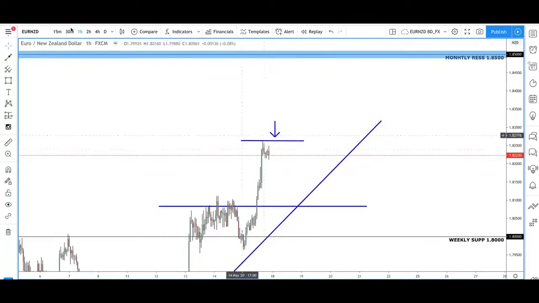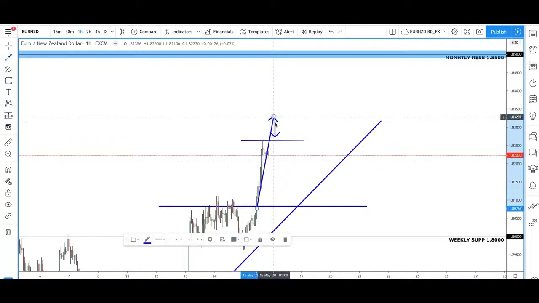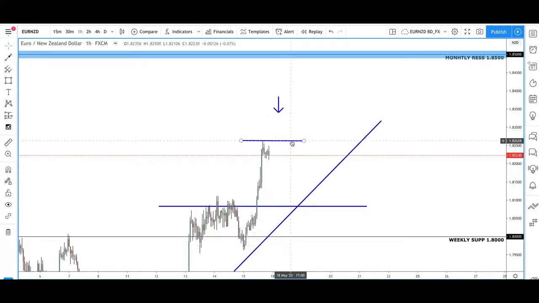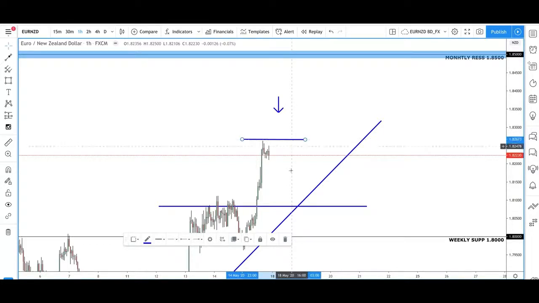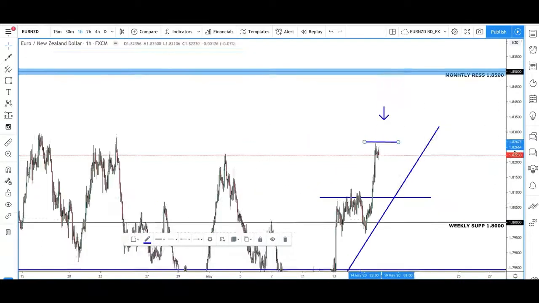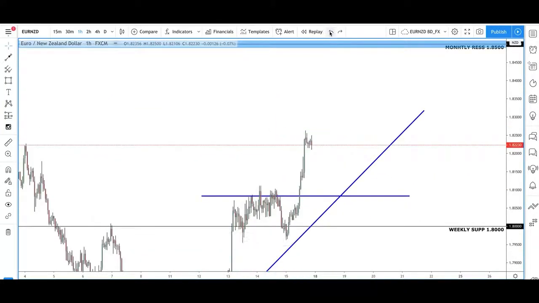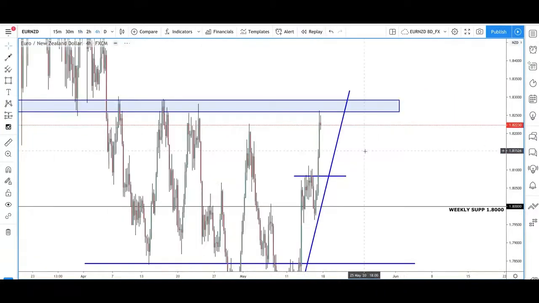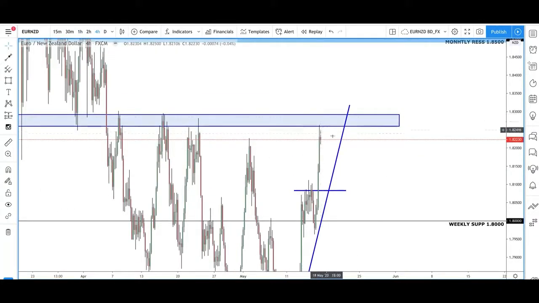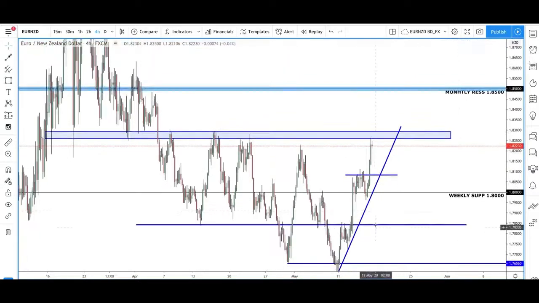Now I do think that, with the way this finished on Friday, we may just extend this push up, as I always say on a Monday, Tuesday, we could extend this push up slightly on the Monday open. And I'm expecting Aussie dollar, or Aussie and New Zealand dollar pairs, to potentially push down slightly lower before looking for a retracement. So if I just go back, we're watching price action in this area of resistance. We could continue to push up, but if we continue to find resistance in this area, then we can look at taking that trade back down.